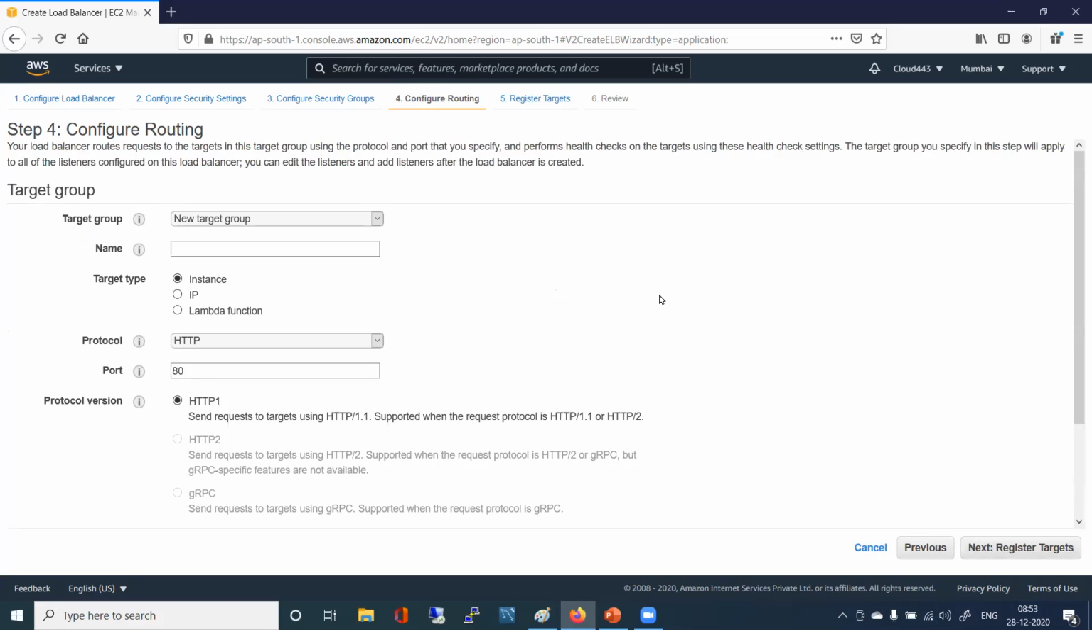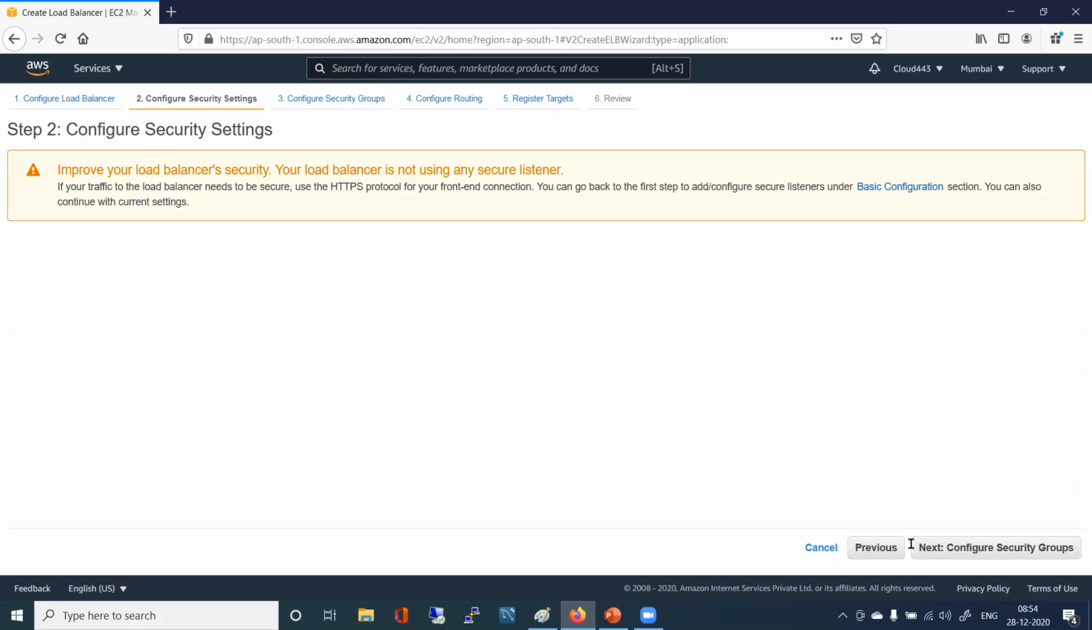Sir, I am in point number 2. What should I choose actually? Certificate type here. You are in step 2. Just say next, nothing to choose here. Step 2 actually says certificate type, certificate name, security policy. Have you chosen HTTPS? Yeah. So if you choose HTTPS, yes,